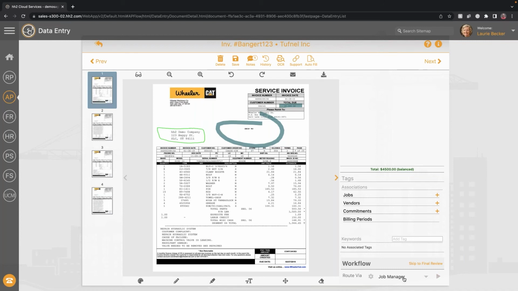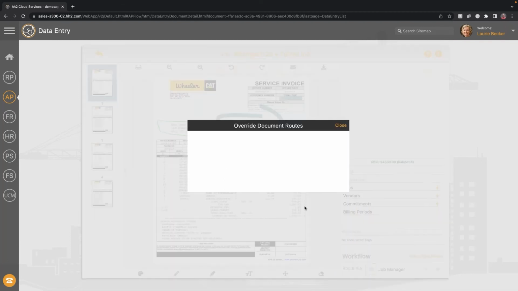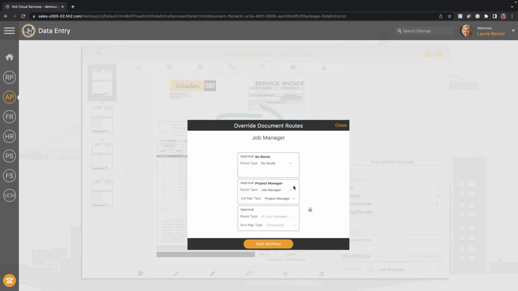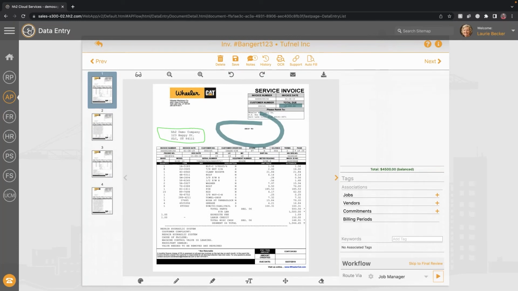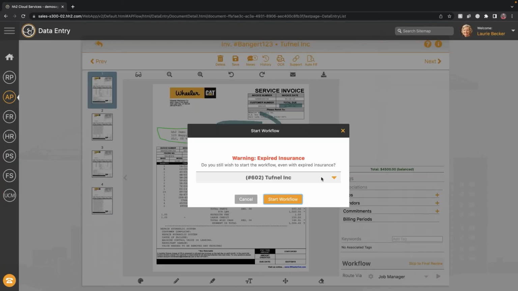But just know from this screen, we'll have a drop down that you can create the different workflows based on your different approval needs. We even have a little gear icon next to that that allows you to make a change on the fly. Hey, this is a weird invoice. I want to change my approval process as a one-time shift. And so we allow for that. Again, that just depends on what your needs are as a company. So I'm going to route this out through my just standard job manager workflow.